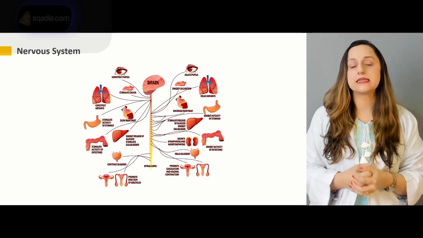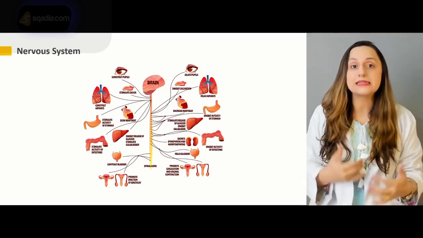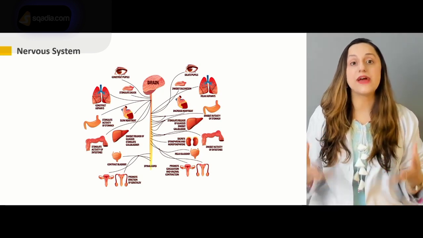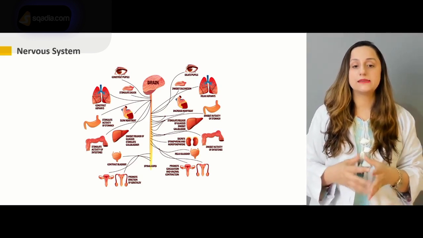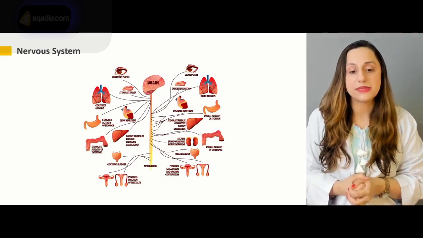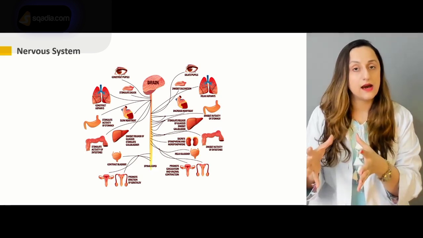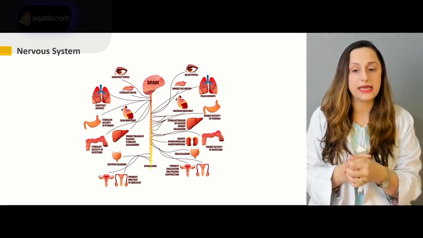In general, we can say that the sympathetic nervous system is the fight and fright response. Even if you compare the functions of the sympathetic nervous system with the parasympathetic nervous system,